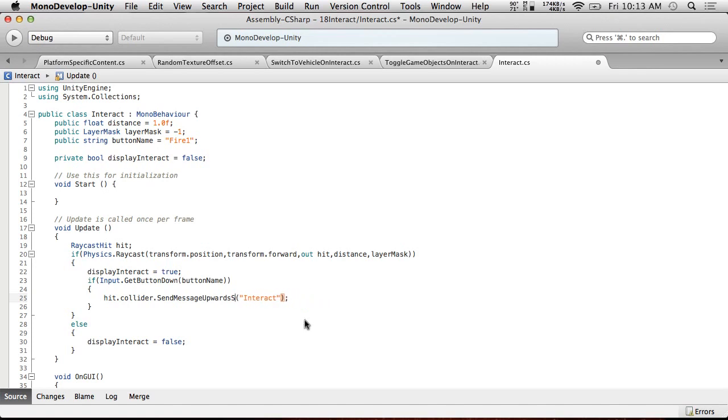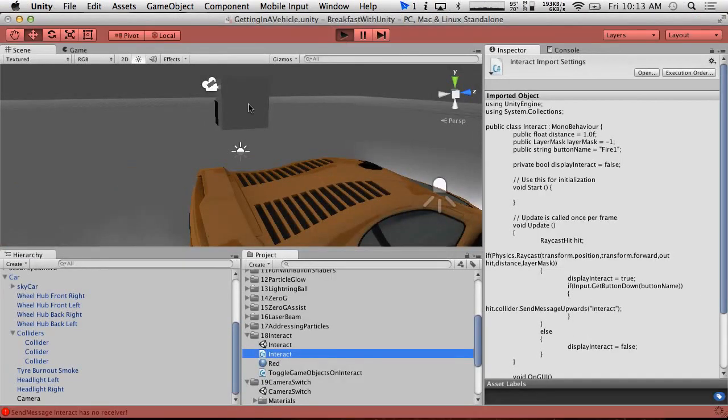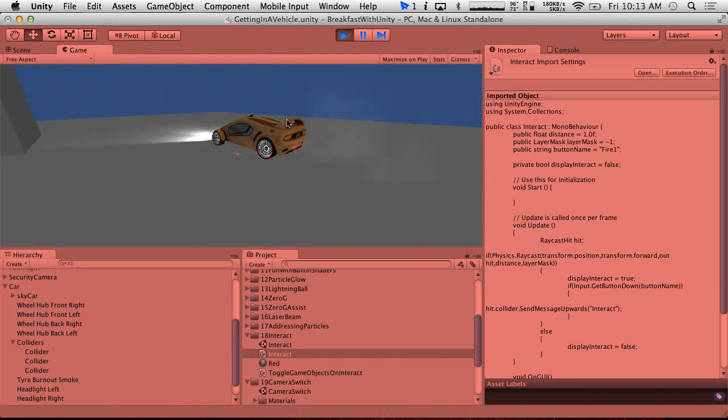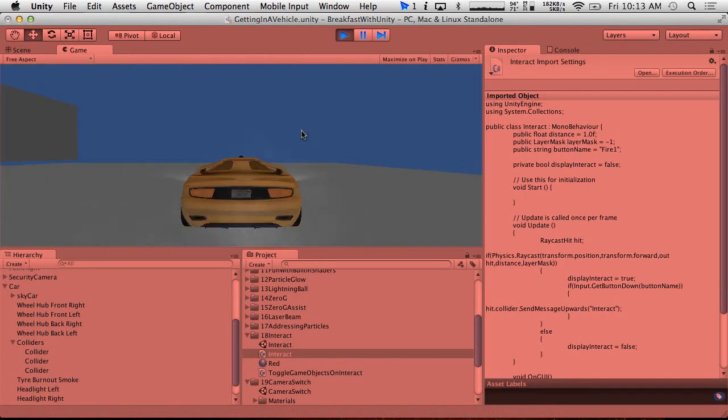So this means if we get a sub collider, this is really common in the case of an interact, to send a message upwards, because a lot of times your collider is at the bottom of the vehicle or of the object, and then you want to move it to the first thing that will interact with it. So we're going to save this. I'm going to hit play, and hopefully this will just work now. So go over here, and we hit fire 1. There we go, and we're driving a car around. Sweet. So now if we hit fire 1 again,